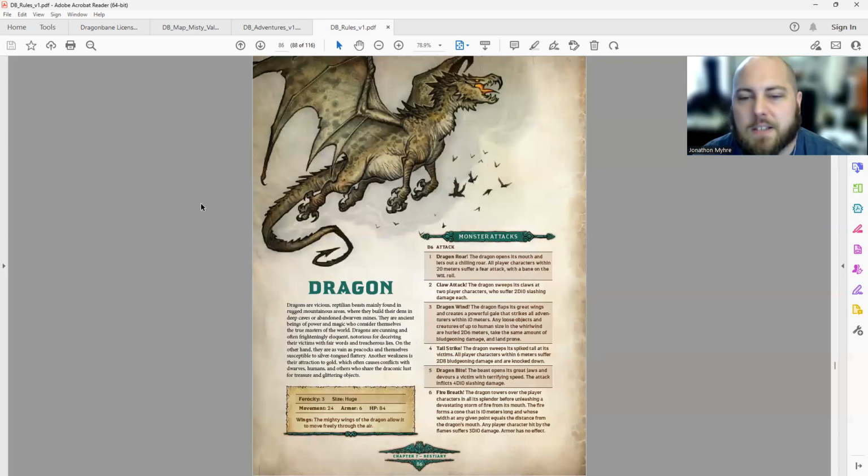Dragons. Dragons are vicious reptilian beasts, mainly found in rugged, mountainous areas, where they build their dens in deep caves or abandoned dwarven mines. They are ancient beings of power and magic who consider themselves the true masters of the world. Dragons are cunning and often frighteningly